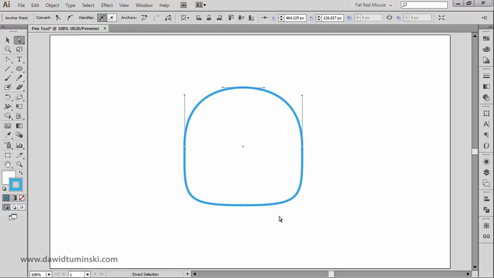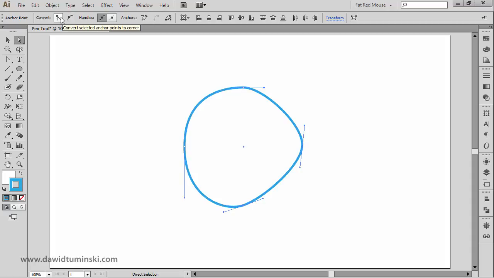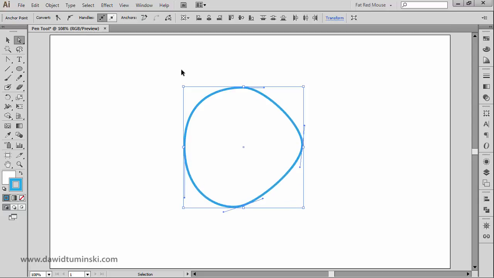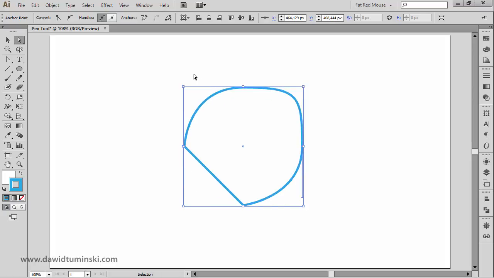And of course, I can select maybe this anchor point and this bottom anchor point. I selected them by holding down the Shift key. If I now just convert them, you can see that I am creating really funky shapes. I'm actually letting Illustrator create funky shapes for me. So a thing to remember from this lesson is that we can convert anchor points from smooth to corner and from corner to smooth, and we can create a